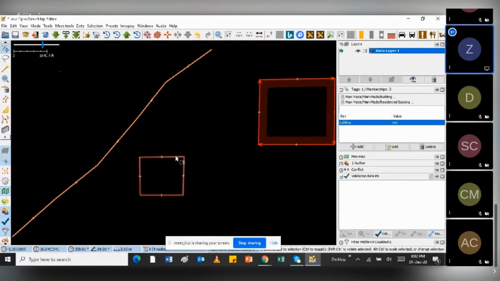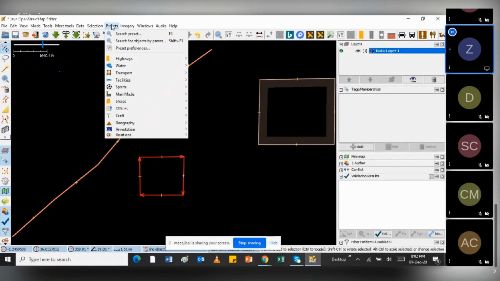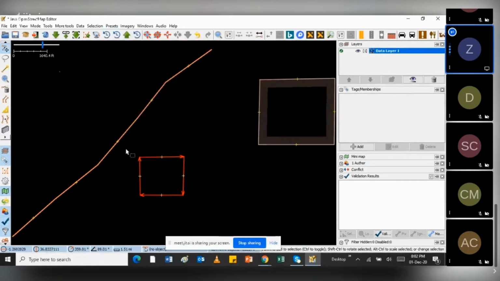So if I wanted to tag this building, I just click on it, and I've selected it, and now I can add specific tags for it. If I want to move to something else, I click escape again and select it. And if I want to draw another feature, I come back to the drawing mode.